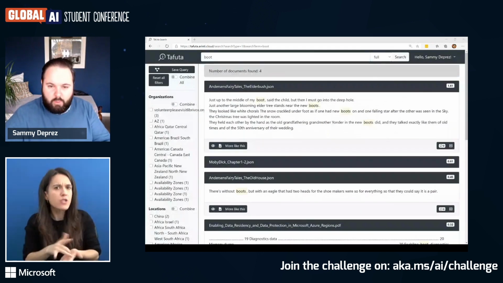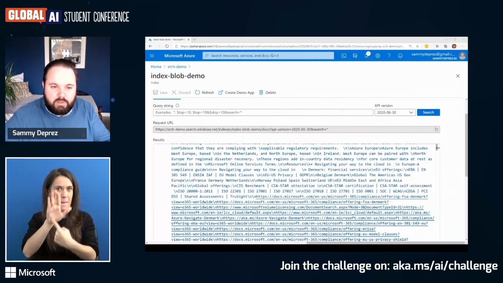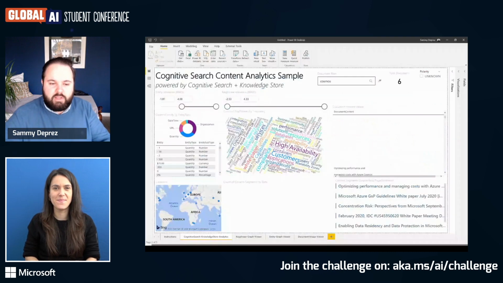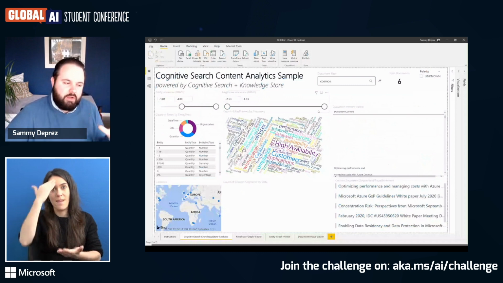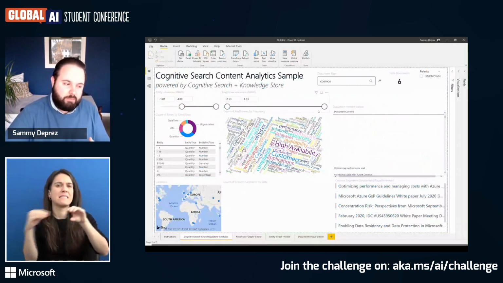Another example that I wanted to show is the knowledge base on itself. As I said, the data of the knowledge base can be saved within another storage account to do reporting on it.